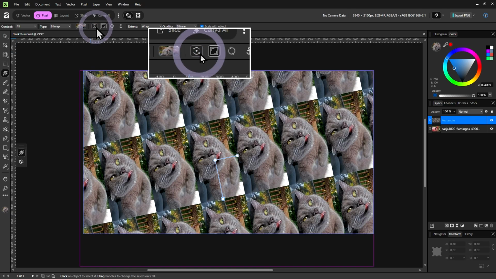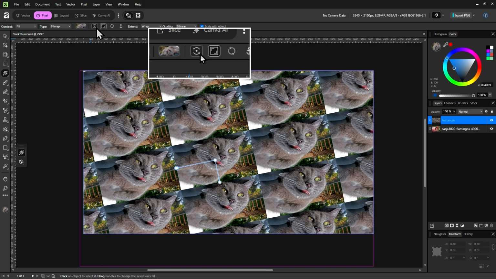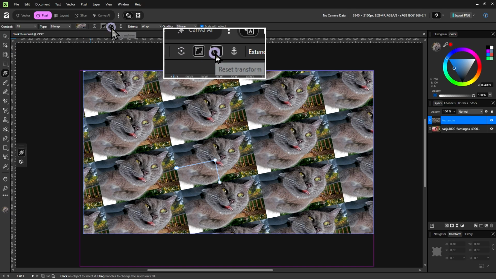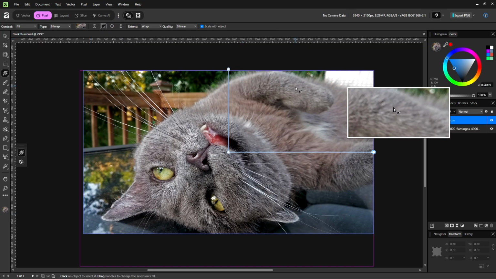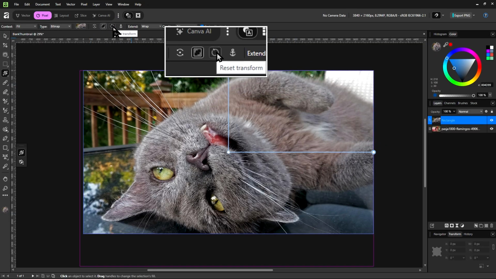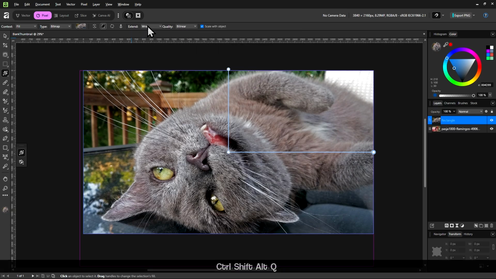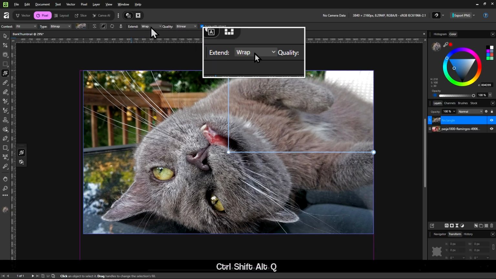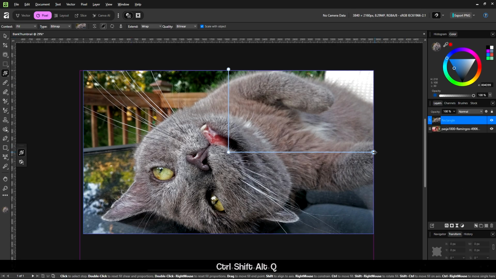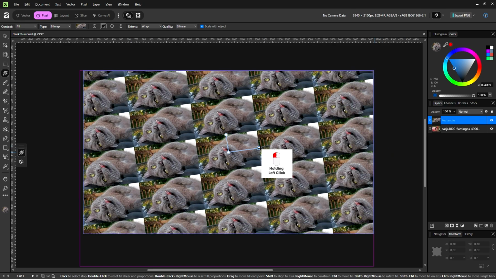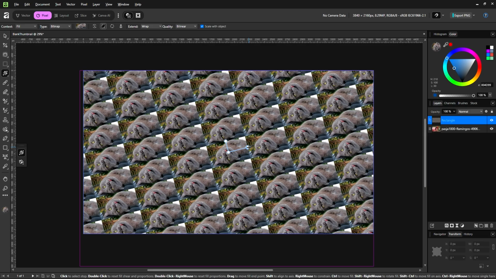For rotating, resetting the transform, so turning it back to normal, and anchor to document again. And this is the interesting part, extend. But before I change that, make sure to make it smaller like this. And wrap here basically fills the entire object with this image.